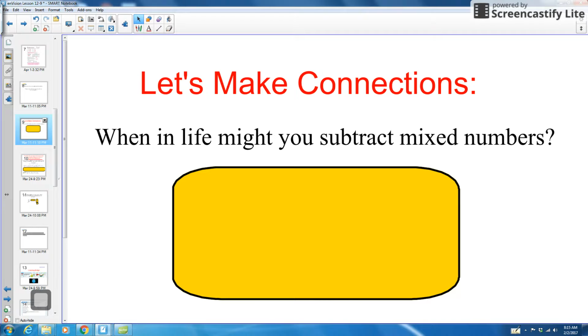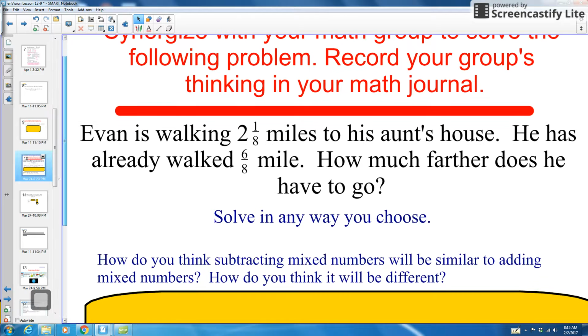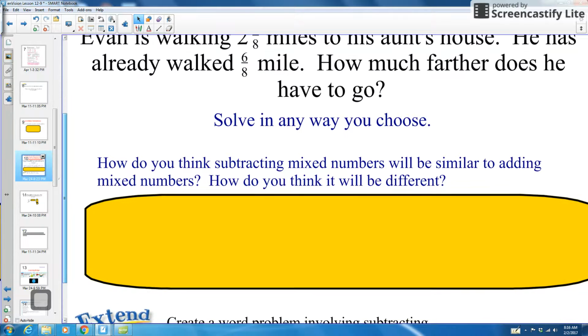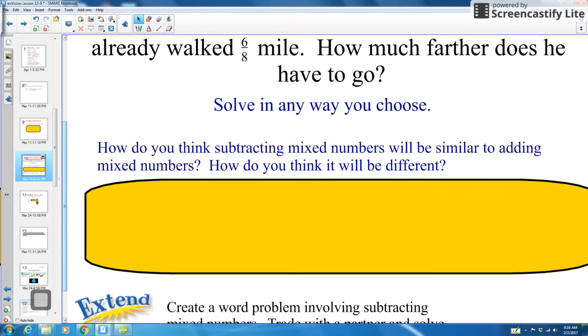So let's take a look at our problem to get us thinking here. It says Evan is walking 2 1/8 miles to his aunt's house. He has already walked 6/8 of a mile. They want to know how much further does he have to go. So you can solve this in any way you want. I'm going to show you a couple different ways you can solve with subtracting mixed numbers because subtracting can get